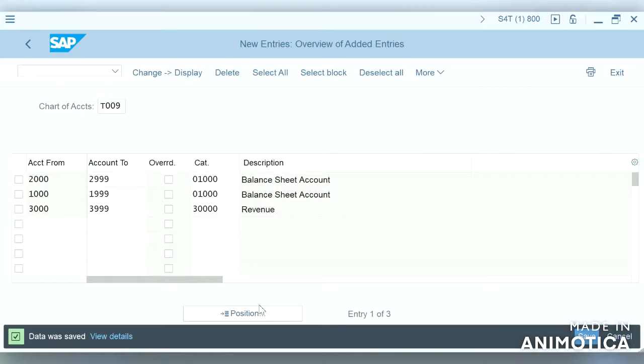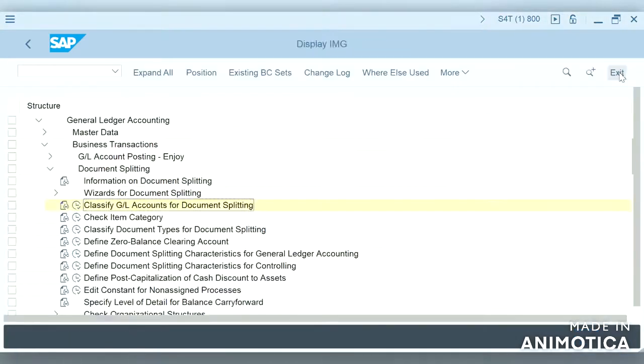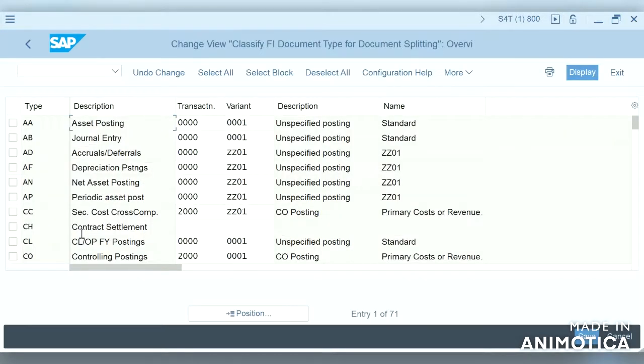Classify document types for document splitting. Let us move on to the next step. We will classify document types for document splitting. So in this step, we assign business transaction and business transaction variant to document types.